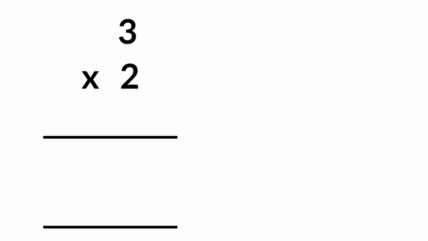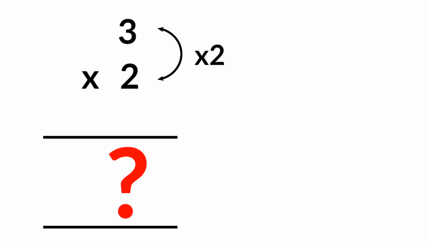3 multiplied by 2: 3 is the bigger number, so we write 3 above 2, and 2 is the smaller number, so we write it below 3. If we want to know that 3 multiplied by 2 is the correct answer, then first we write the table